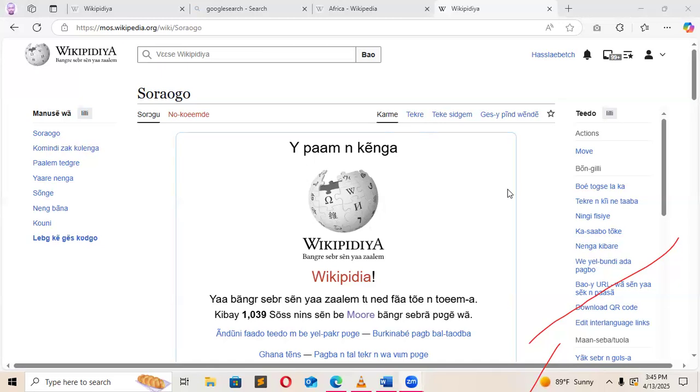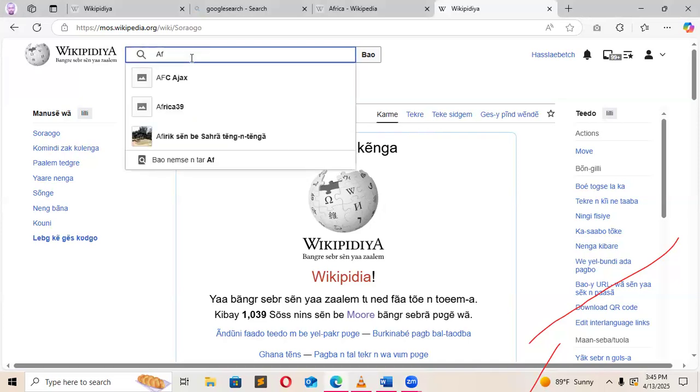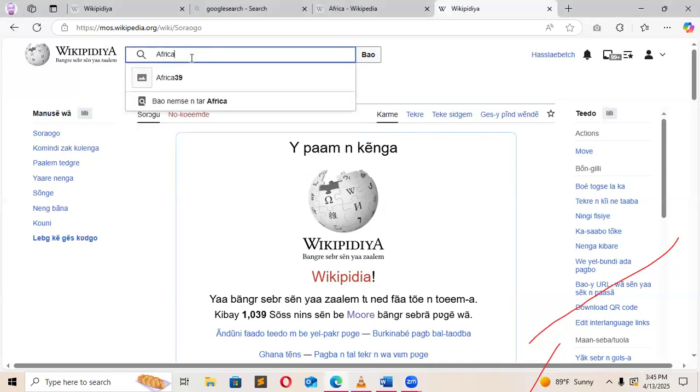We are taking Africa as an example. If you are going to write an article on Africa, first of all, as he mentioned, you have to go to the search, Search Wikipedia. You go there and search for, I want to write an article on Africa. So I'll go there and search Africa. As you are typing, the filter should filter Africa for you. As you can see here, Africa is not found inside our incubator.